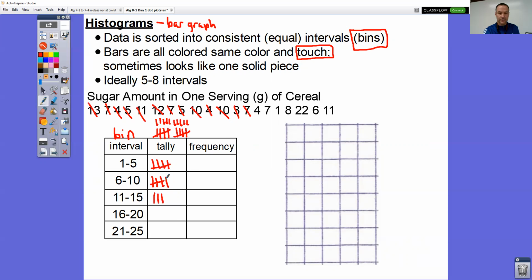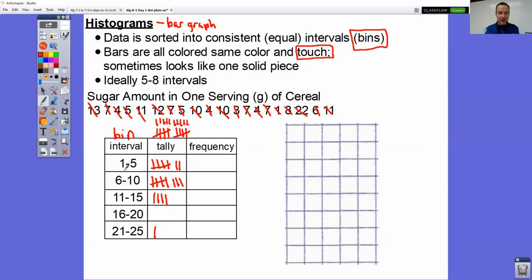7, 4 again, 7, 1, 8, 22, 6, and 11. Now, also, I wanted to point out in the bins or the intervals, notice that it is the